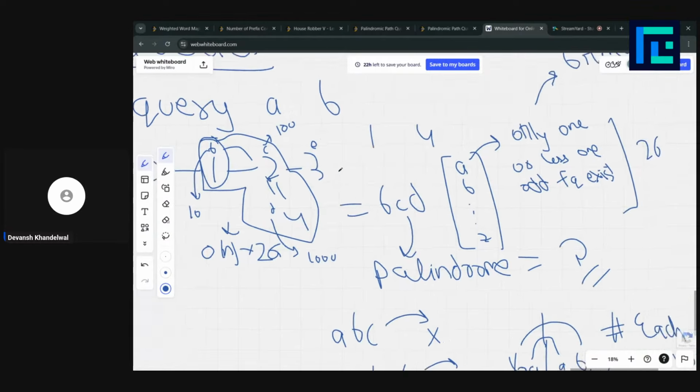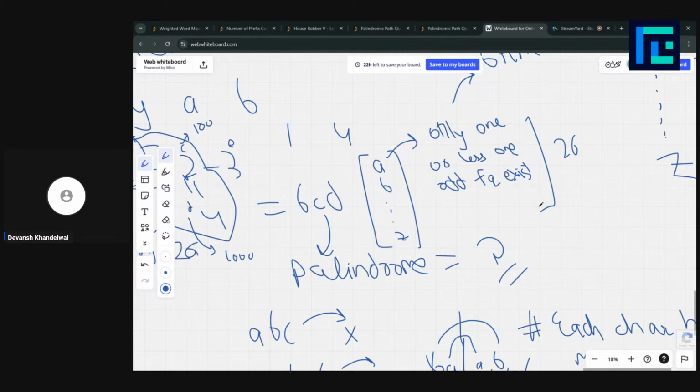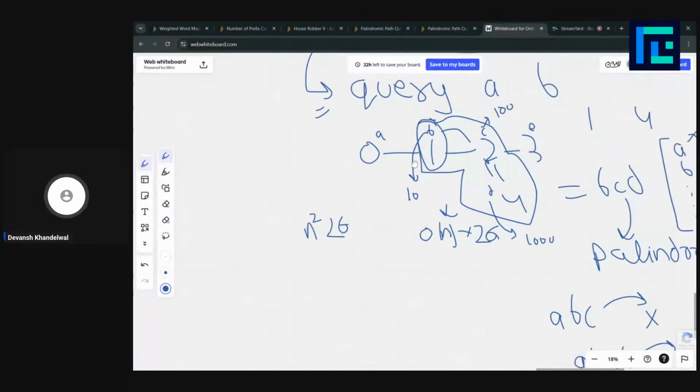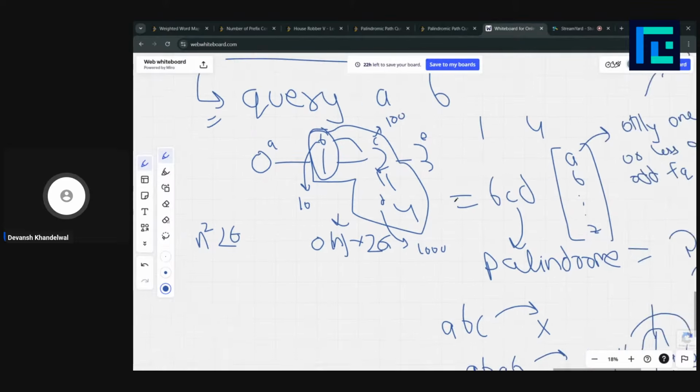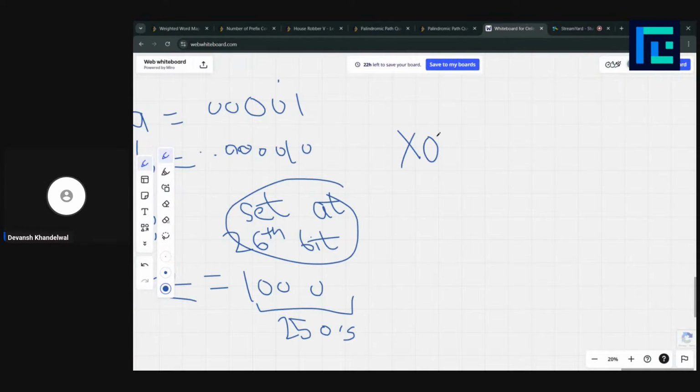So basically, using this bit mask, we replaced all the characters by their bit masks, and then we could use the XOR property. What does the XOR property say? If we are doing XOR of the same set bit, XOR of 1 and 1, this would result in 0.